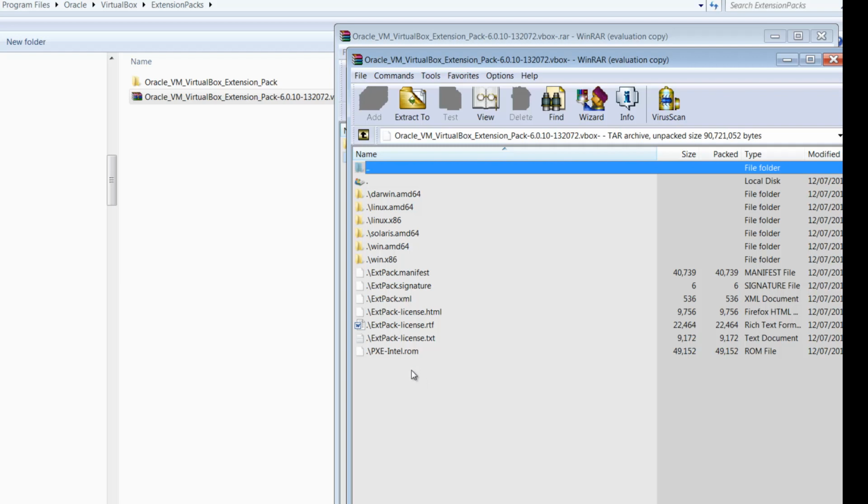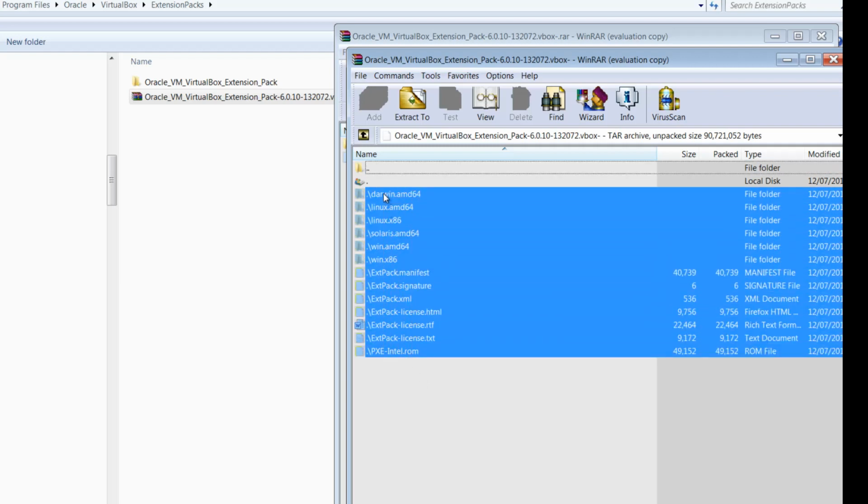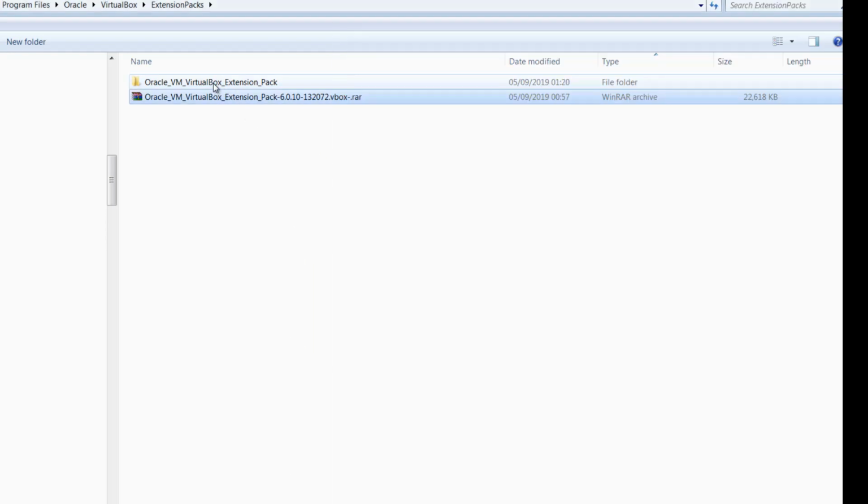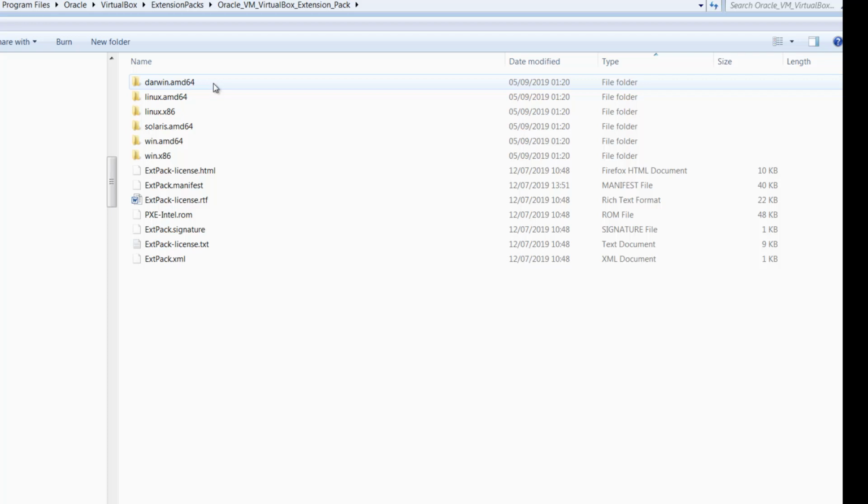Now what you do is you grab all these files and you drag and drop them to the virtual extension pack folder like that. Go in there and just check it's there. Yes, it is. So all the files are there that you need, but that's not going to be good enough